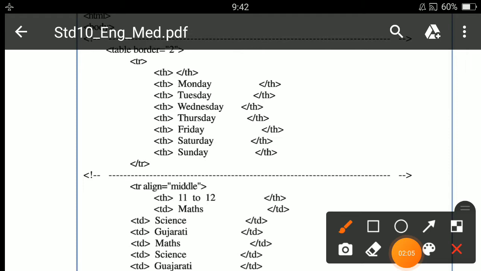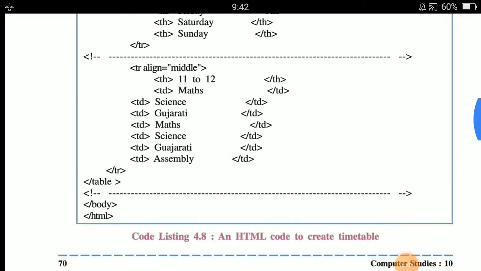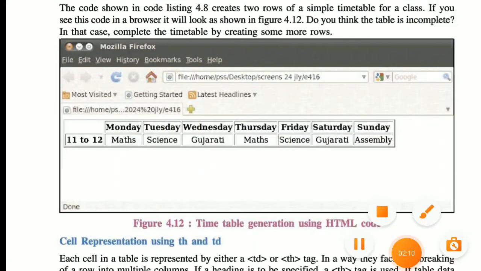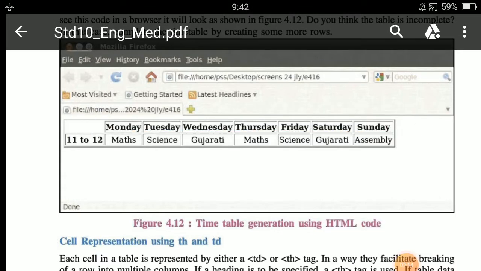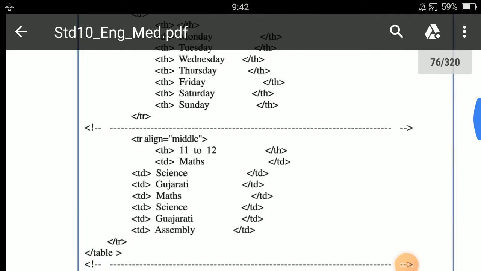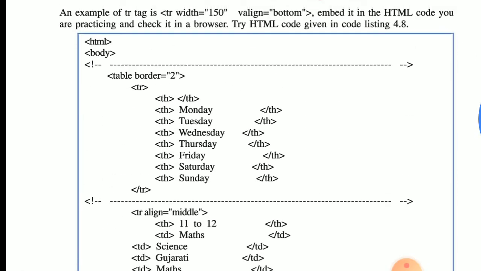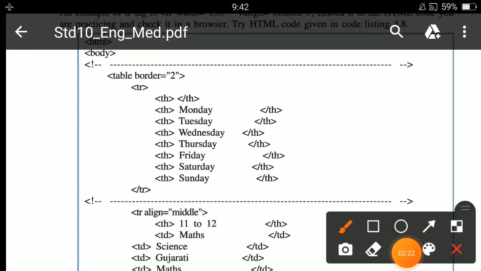Then after, tr means table row. So here, in between tr and slash tr, first one is th and slash th. Suppose if you want to specify table heading, at that time which tag is used? th and slash th.